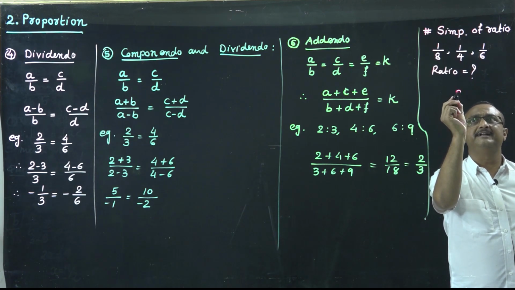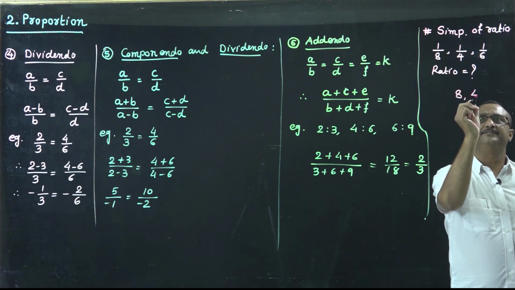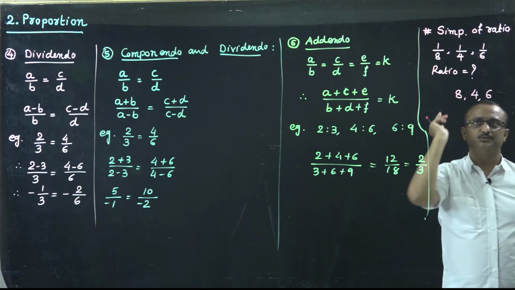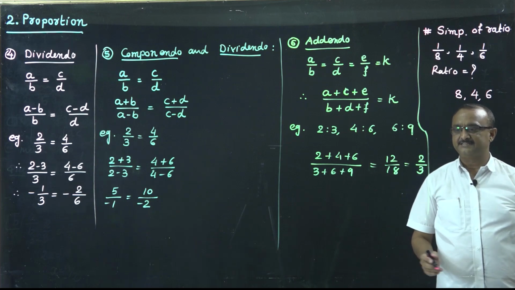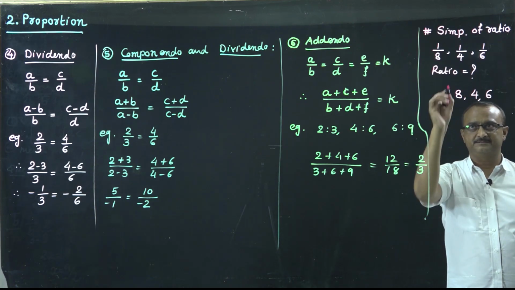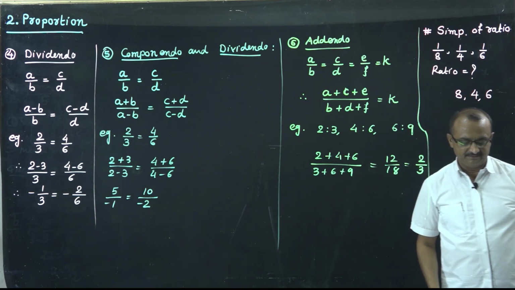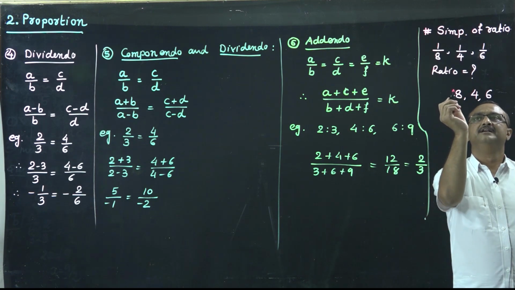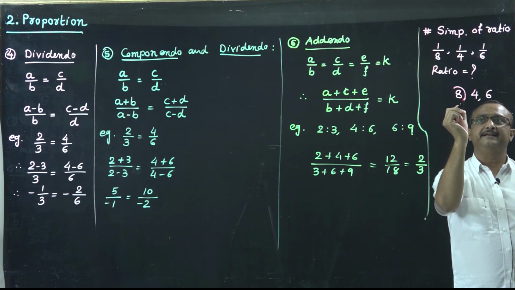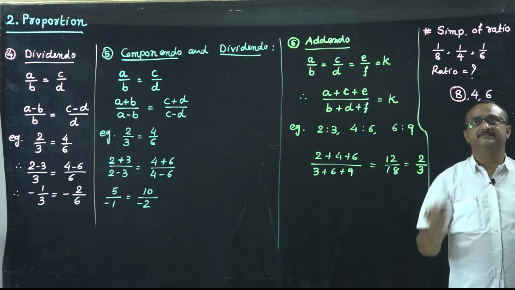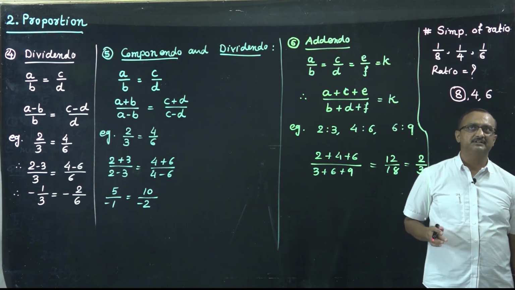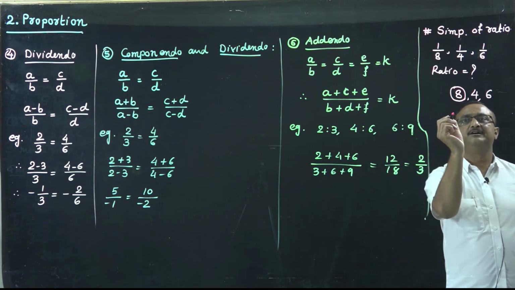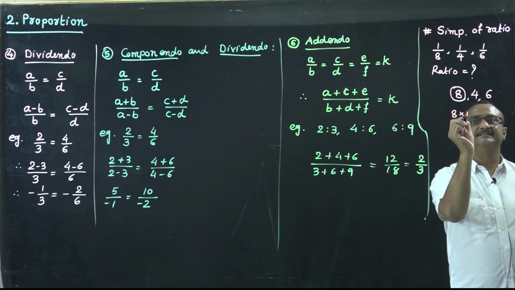See how to find the LCM of 8, 4 and 6. Here I teach a shortcut, listen carefully. Generally we take LCM by the ladder method, but not like that. Which is the highest number? 8 is the highest number. Write down the table of 8. 8 ones are 8.